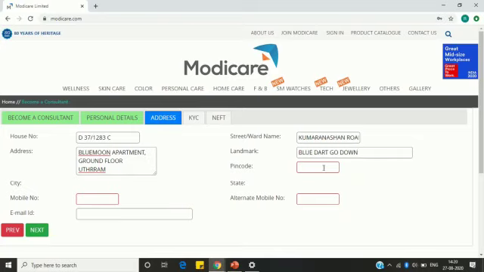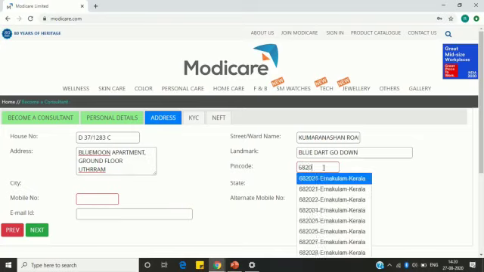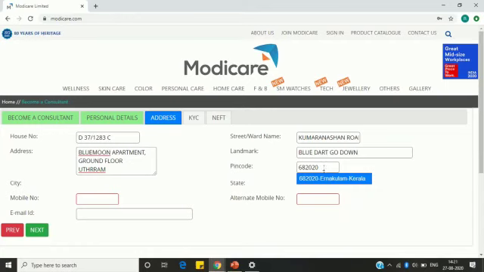Pin code 682020. Once you enter the pin code, you can see the location also. So select the location and then enter your mobile number. Additional mobile number or alternate mobile number is very much mandatory. This is again for ease of delivery. You can give anybody's number.